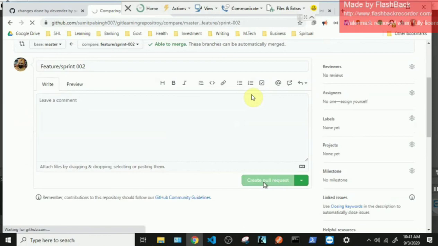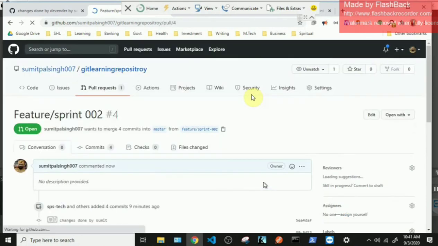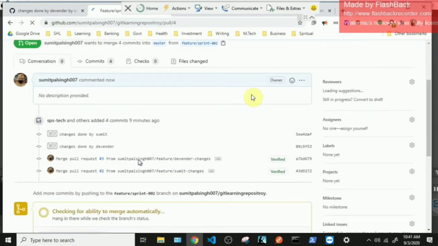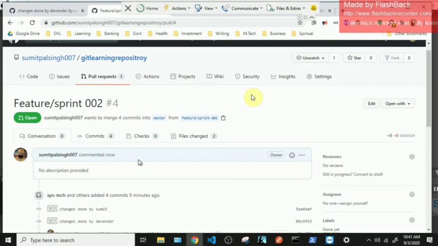Generally what happens is, when vendors create a release pull request from their sprint branch to master branch, the client or someone from the client side reviews all the code changes at once, because it is not possible for that person to talk to each and every developer, review their changes. So he only reviews the code at the final level when it is coming to merge in the master branch. It's kind of a second level of review sort of a process. Okay, so now this pull request is open.